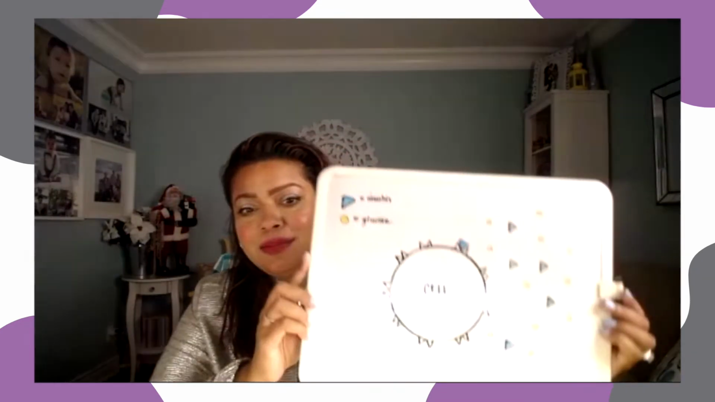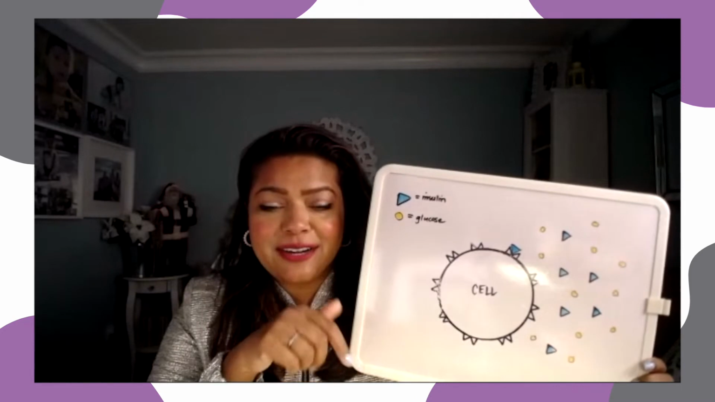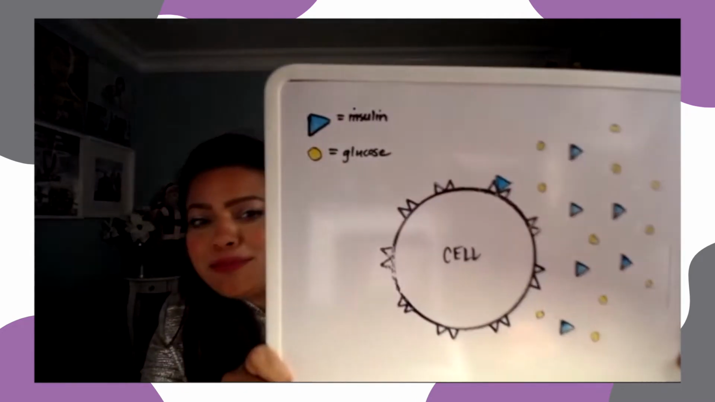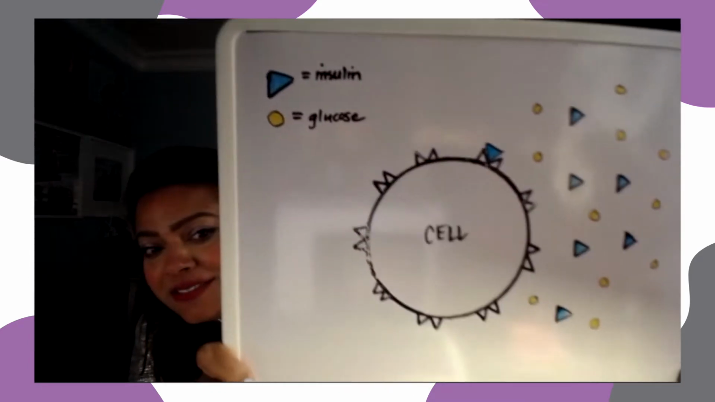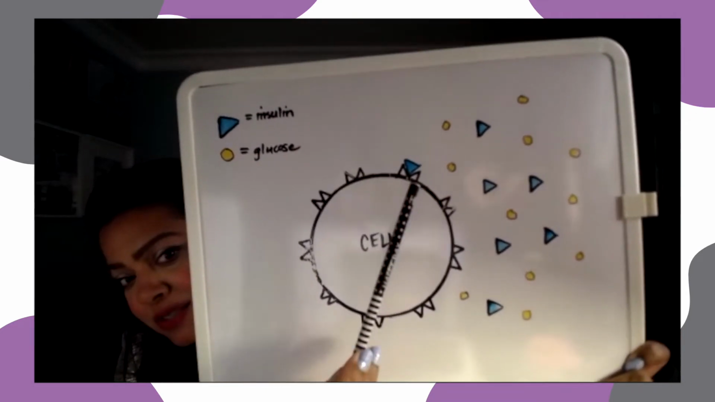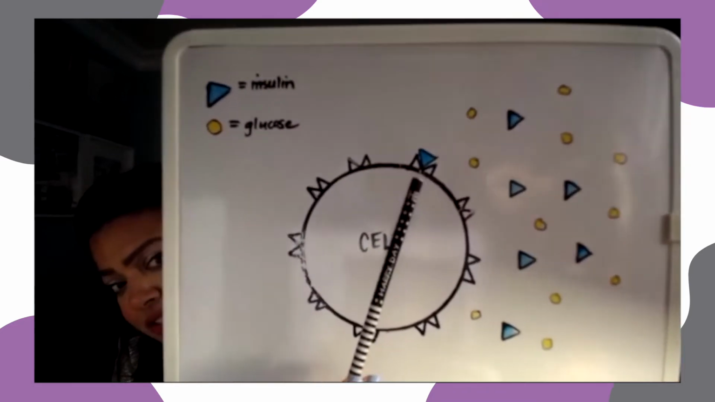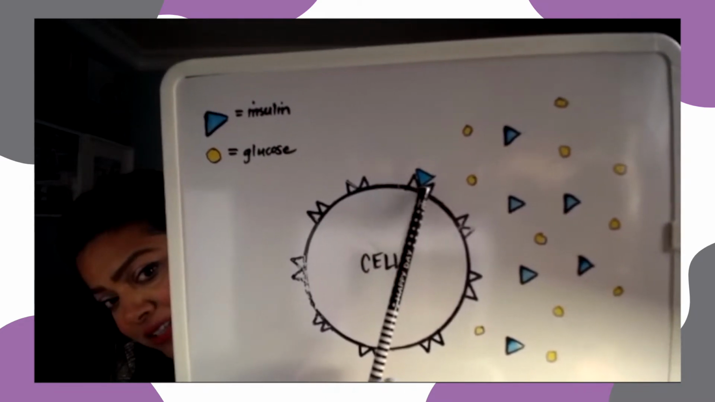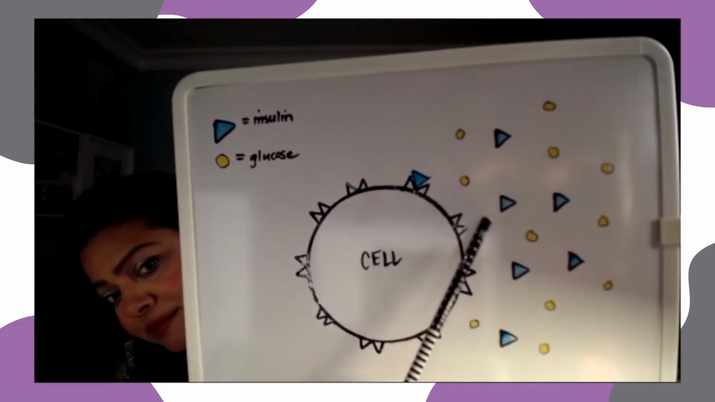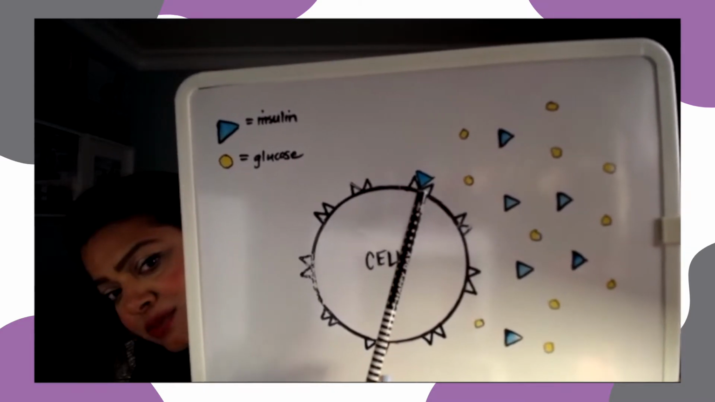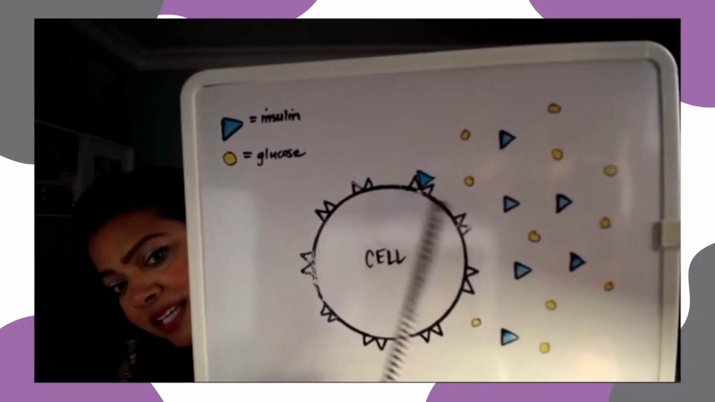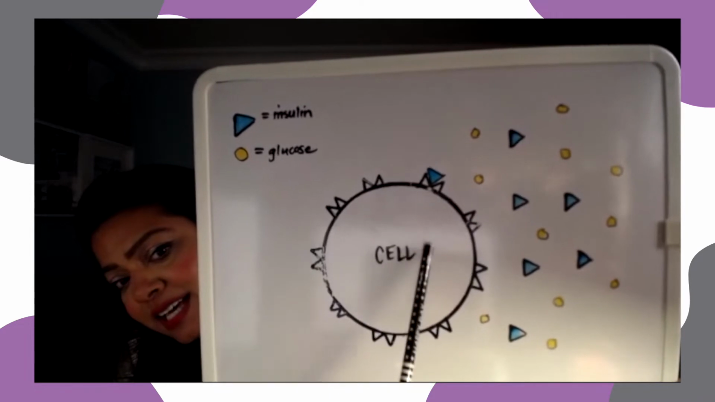So here's an image. You might have to double click on my image now in order to see this a little bigger, because I've done it old school on a whiteboard. Here we have our image of the cell, and around the cell are these receptors where insulin will bind. Insulin is shown here in this blue triangle, and the glucose is shown as these yellow circles. After we eat a meal, the glucose levels rise and the insulin will be released from the pancreas, binding onto the cell like a lock and key, opening it up so these glucose molecules can get in and feed